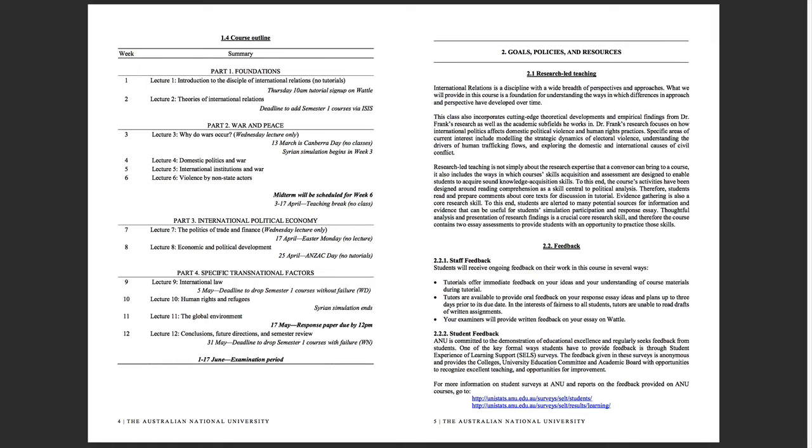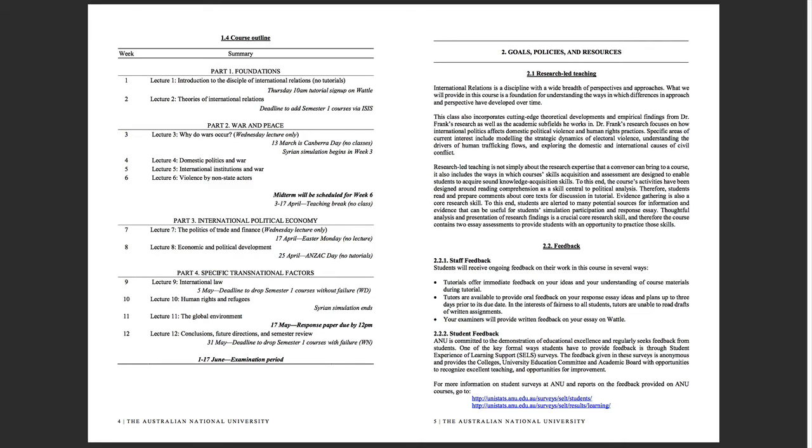In week 9, we talk about international law. 5th of May is the deadline to drop classes without failure, and it's the lead up to the simulation in week 10. Actually, in week 9 is the main simulation conference, and then week 10 there's a debrief and discussion to allow you to have time to be able to write your response paper, which is due the 17th of May in week 11. And then week 12 we conclude, and 31st of May is the deadline to drop courses with failure,